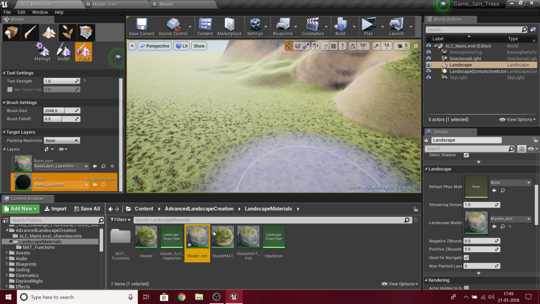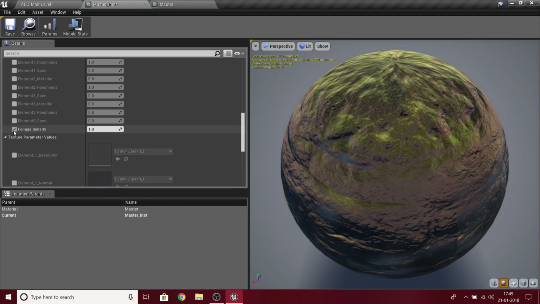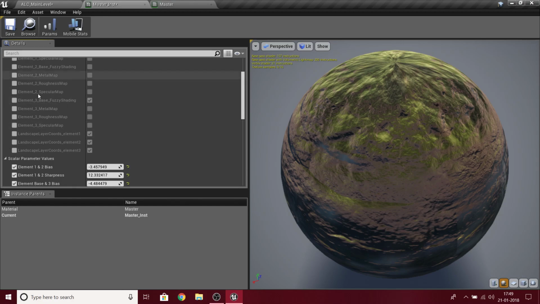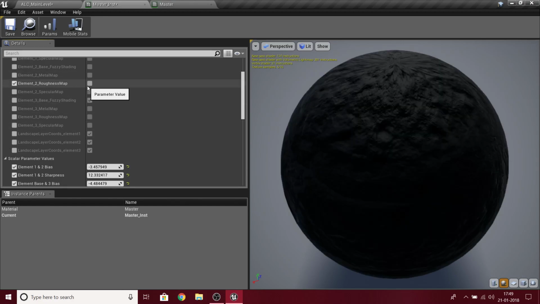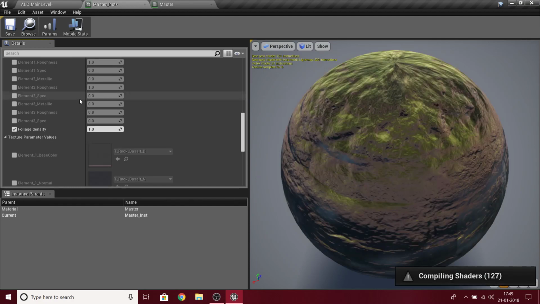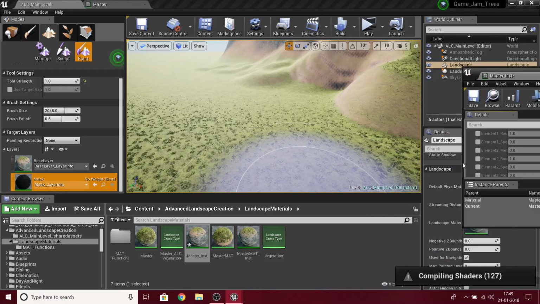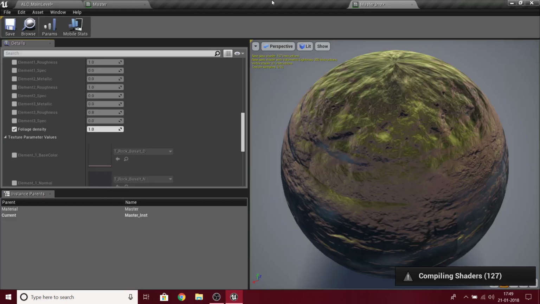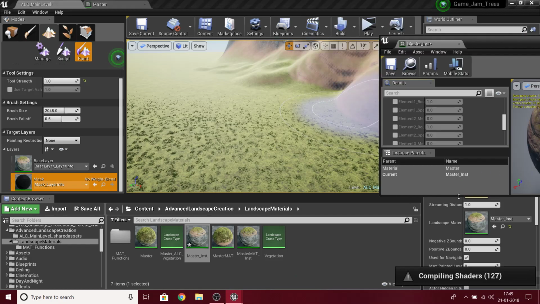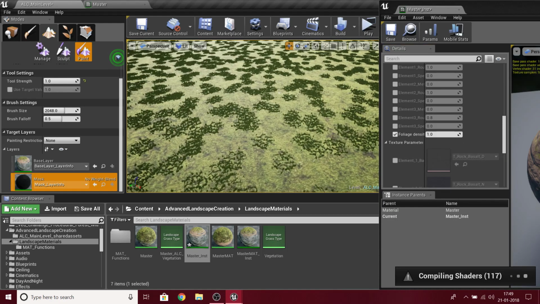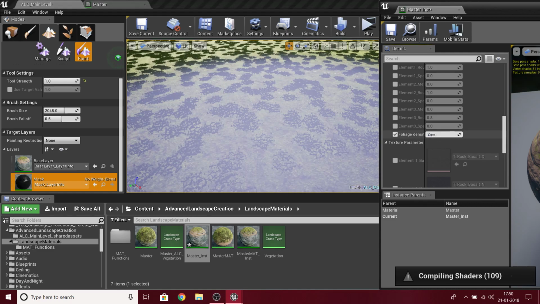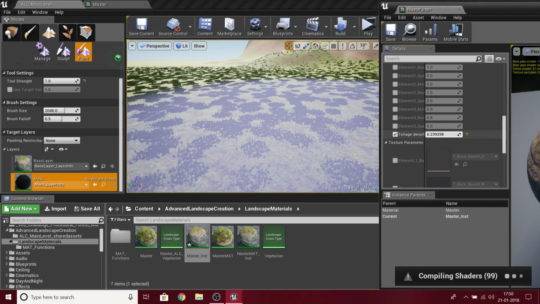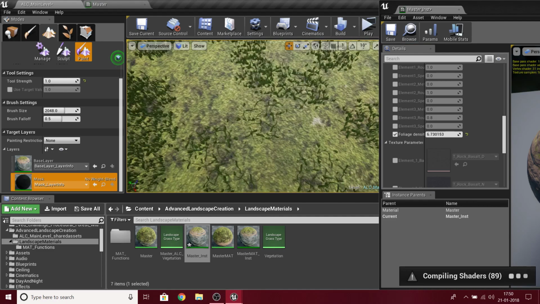And there is one more thing I would like to cover, which is my foliage density. These are the base values, and you can get your roughness map, etc. from these. Don't worry. Now my foliage density. Let me do something like that, dry it up a bit maybe, and I'll just do a 2 in here, and it would increase the density tremendously. If I do a 6, as you can see,